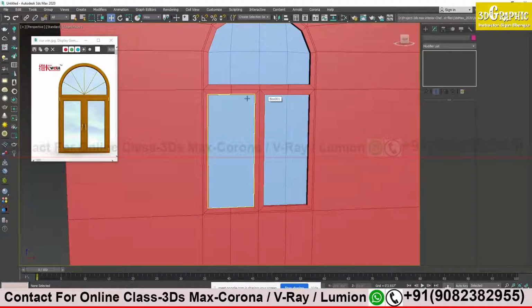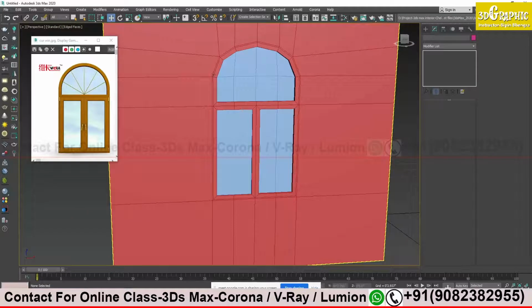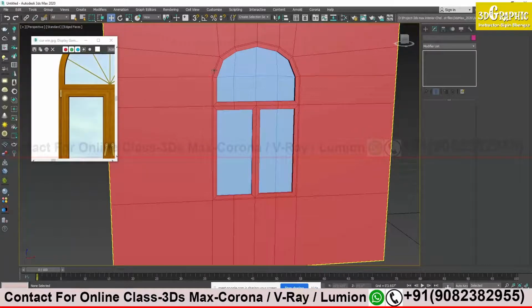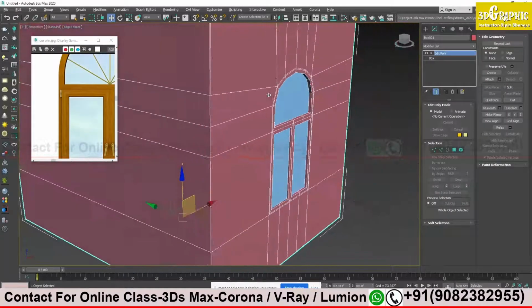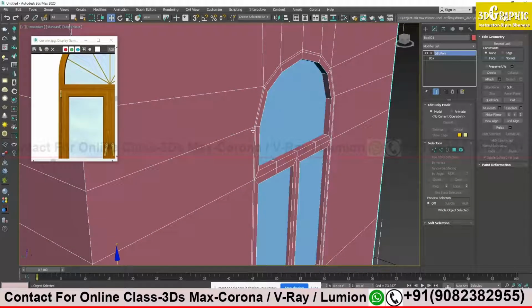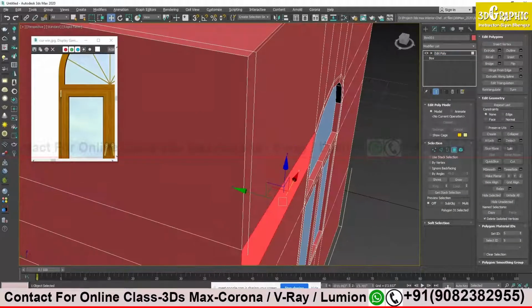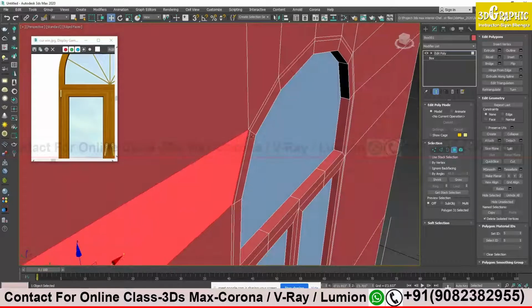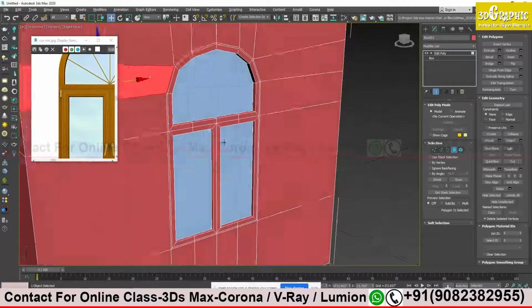Now my mistake was that when I had defined this area, I should have separated the area that time only, because you see the window should be separated from the wall, and in my case the window is attached to the wall. You see, it is on one straight line, no? If I select the face, you see the window is there on a straight line. But I have a solution to that.